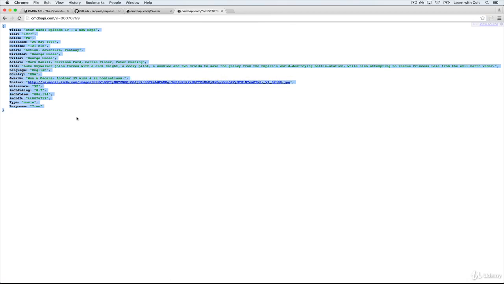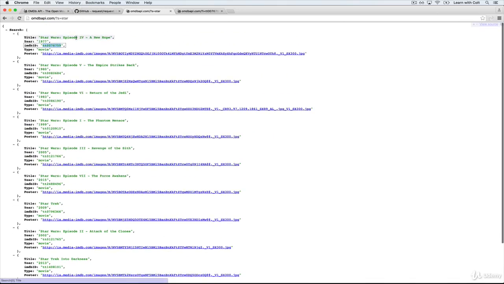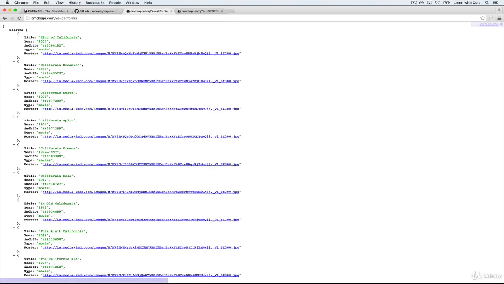You can see I get more information. Not just the title and the year, but the rating, the runtime, the genre, director, all sorts of stuff, versus this search here. So we're going to work with the search. We're going to have a form. A user can enter a query like Star Wars or Harry Potter or whatever, California. And then we're going to take whatever the user types into that form and just put it right here in the URL. So S will equal California, then we'll get this JSON back,